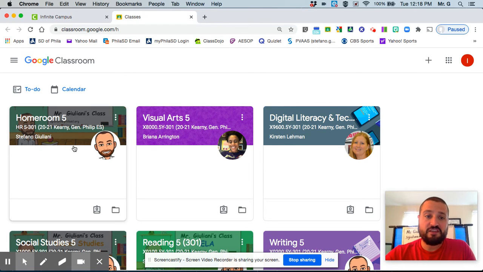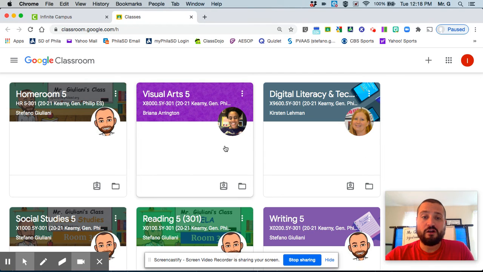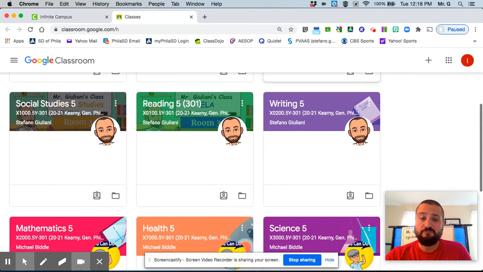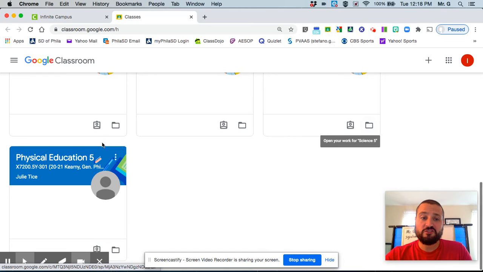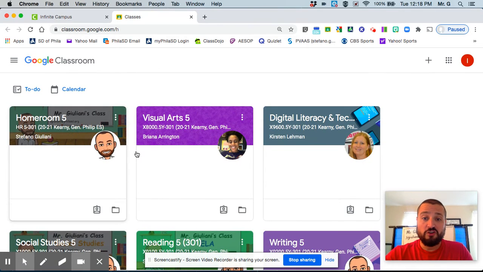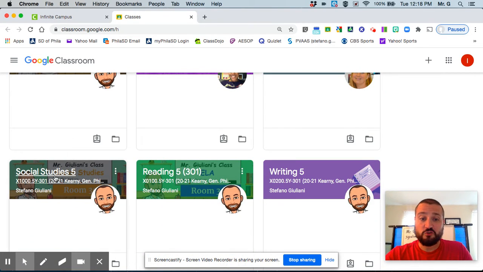So you can see first thing that pops up is your homeroom for grade 5, and that is with me. So you have your homeroom classroom, you have your specialist teachers. You have art with Miss Arrington, Miss Dengway. You have literacy and technology with Miss Lehman. And if you scroll down, you'll also see that you have a physical education Google Classroom. We have a new phys ed teacher. Her name is Miss Tice. You'll also notice that you have a social studies classroom with me. And you also have a reading classroom as well as writing classroom with me, because I will be teaching reading,